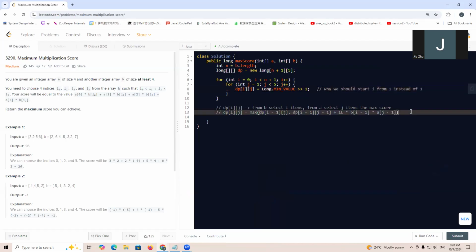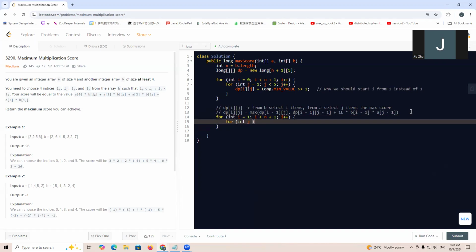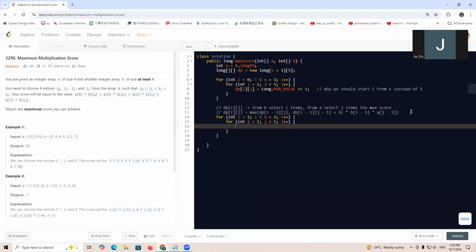And then what we do is for int i equals 1, i smaller than n plus 1, i plus plus. Then we're going to have for int j equals 1, j smaller than 5, j plus plus. And we'll have dp[i][j] equals Math.max(dp[i-1][j], dp[i-1][j-1] plus 1L